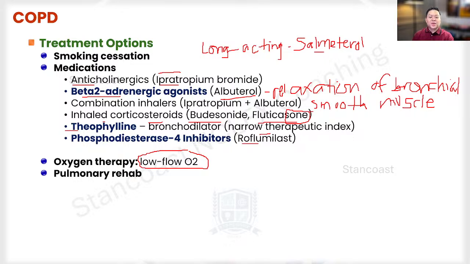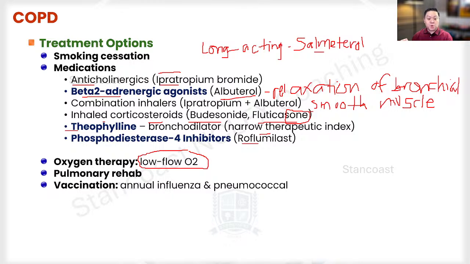Now, there's also going to be a need for us to facilitate the pulmonary rehabilitation of this patient. And this is something that the medical provider will also recommend. The pulmonary rehab is going to include the education, exercises, physiotherapy, and also promote patients' tolerance to the exercise and also their quality of life.